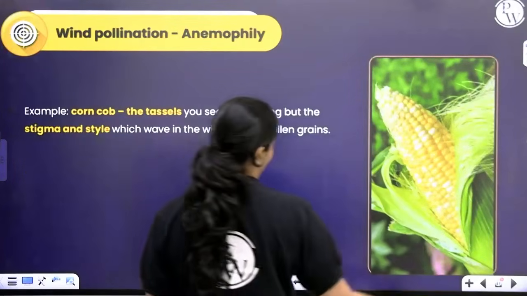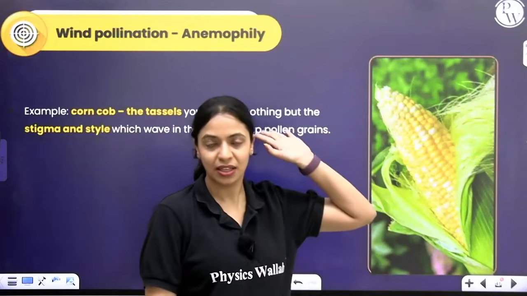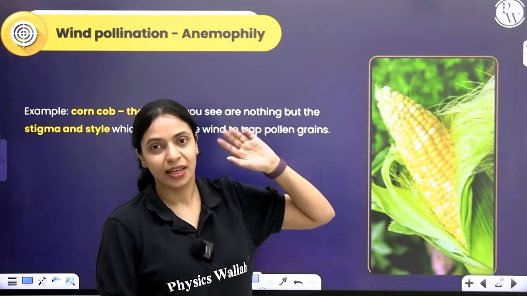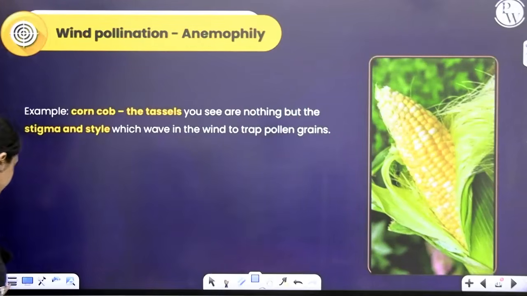If you've all eaten corn, I'm sure you know that these silky hair-like things that you see, the corn tassels in the cob, are nothing but the exposed style and stigma. All right, now